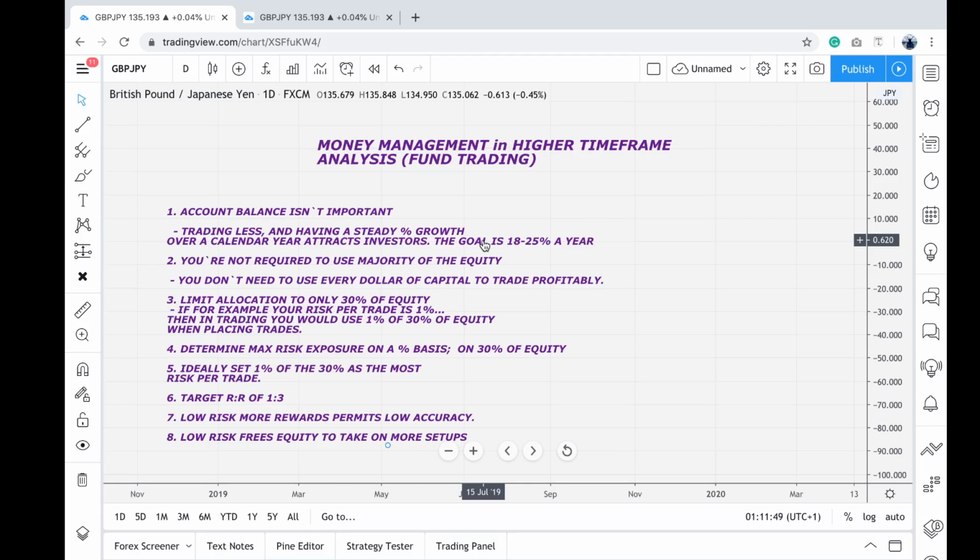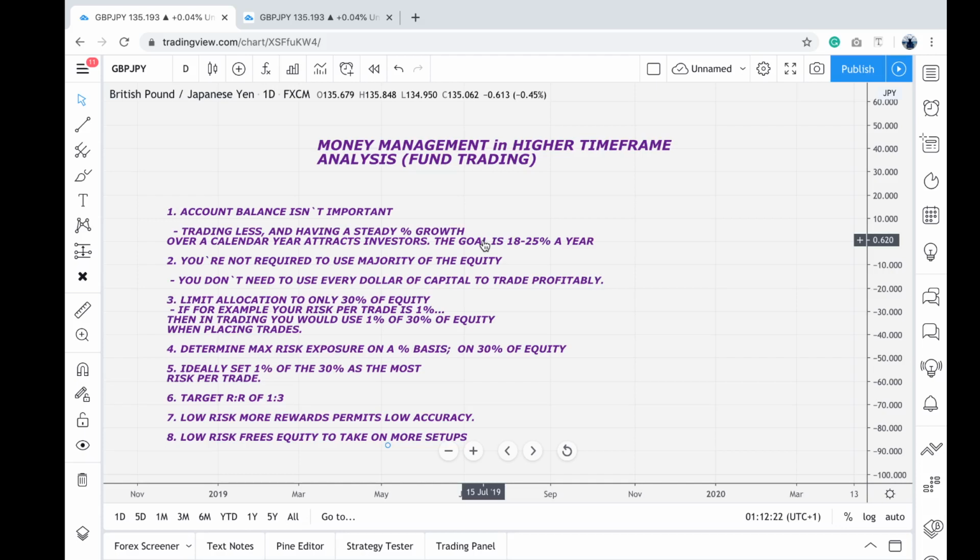Okay, so number five, ideally you set 1% of that 30% you're allocating for trading as the most risk per trade. This is where you're using really good risk management. So let's say, for example, you're averaging 2 trades per month, and you're taking a 1% risk on 2 trades a month. You're averaging 2 winning trades a month. I'm talking about good swing setups now, and then